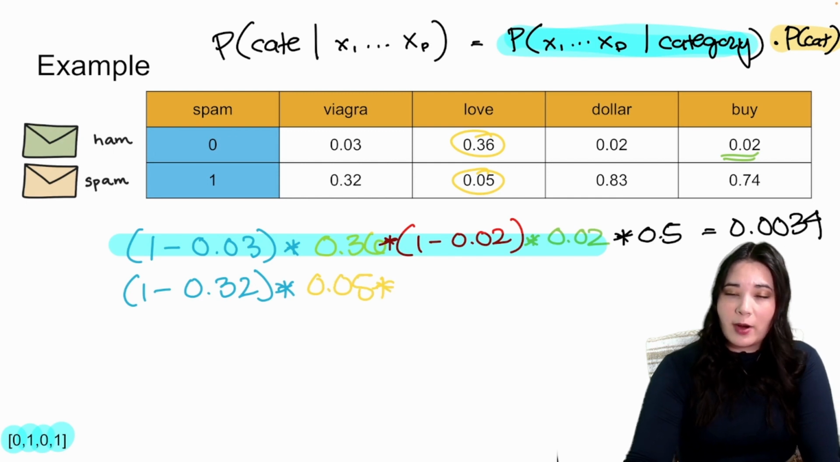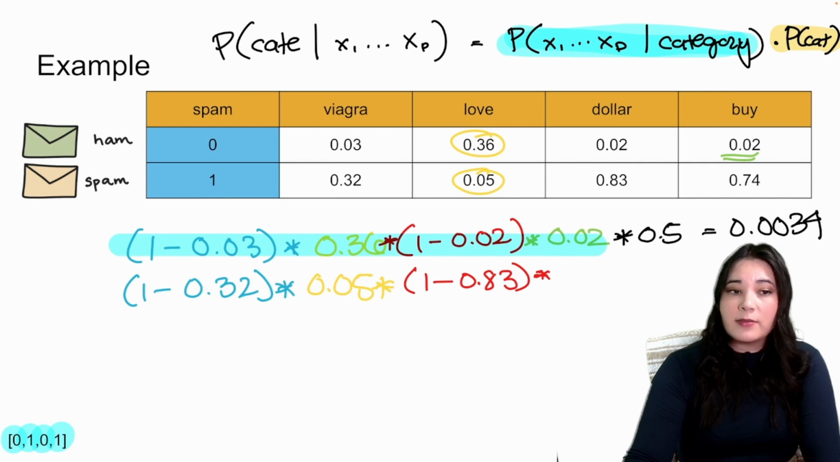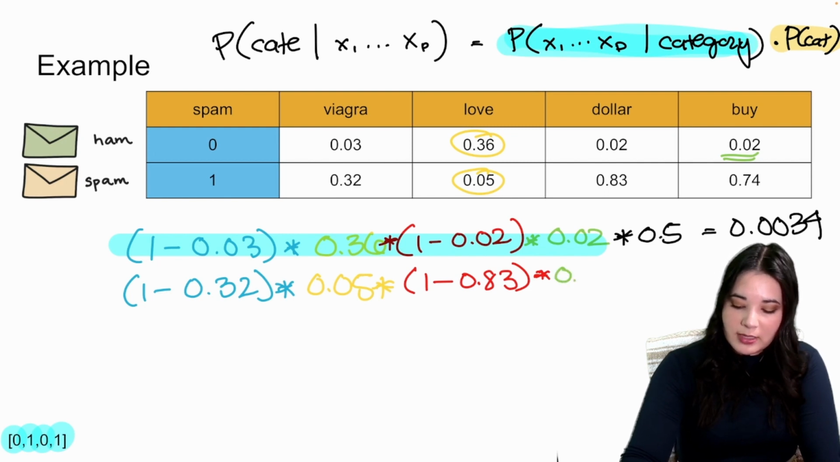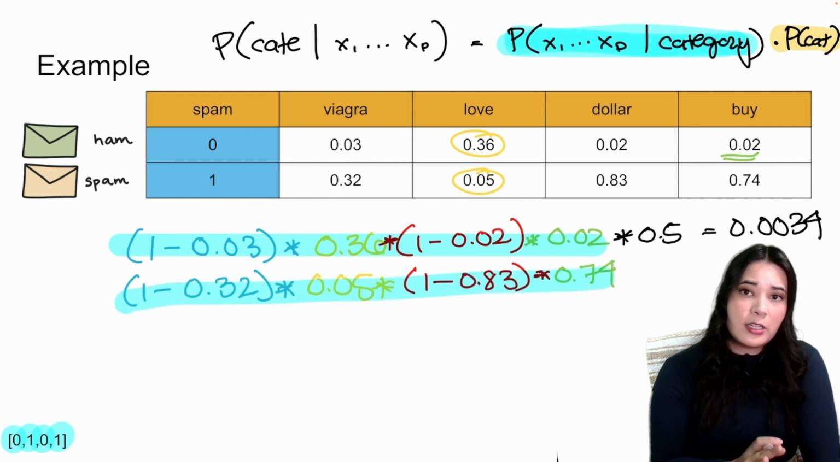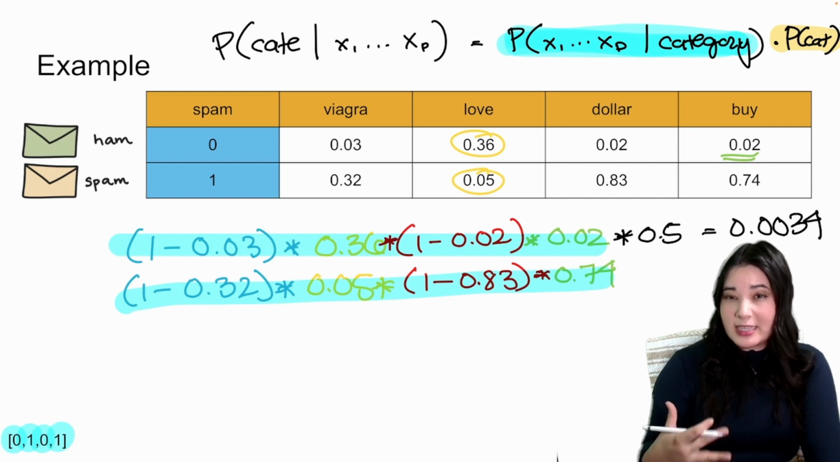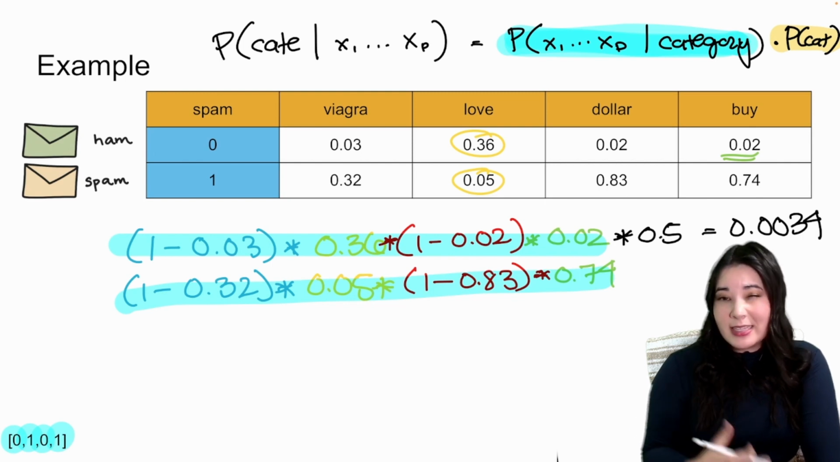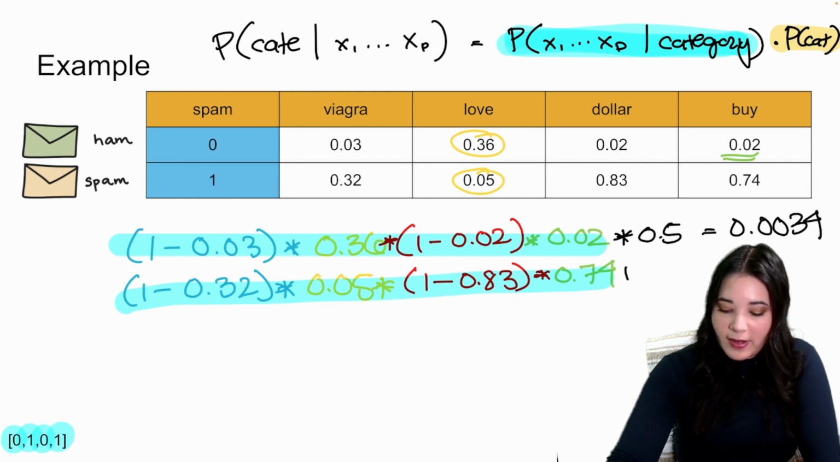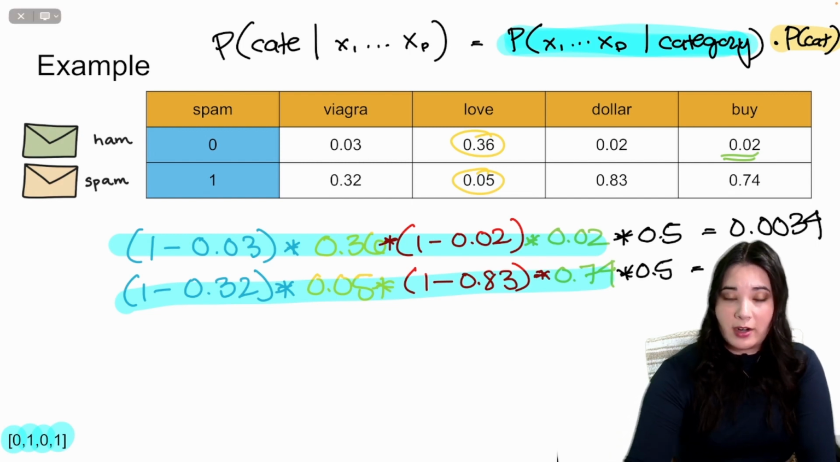Then we multiply by the probability of not seeing the word dollar. In a spam email, this would be 1 minus 0.83. Then we multiply by the probability of seeing the word buy. In a spam email, this is 0.74. Now again, we've calculated this first part, the probability of seeing these different predictor values given that our email is a spam email. So we now need to multiply by the probability of seeing a spam email. In this data set, it's easy. It's 0.5 because I've told you that half the emails in this data set are spam. When we put that all together, we get about